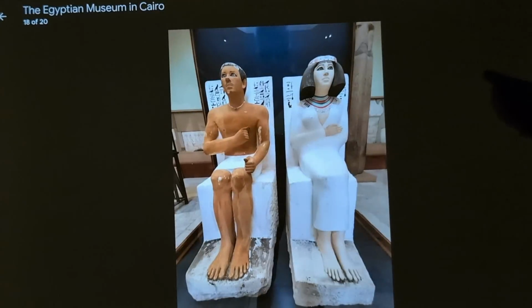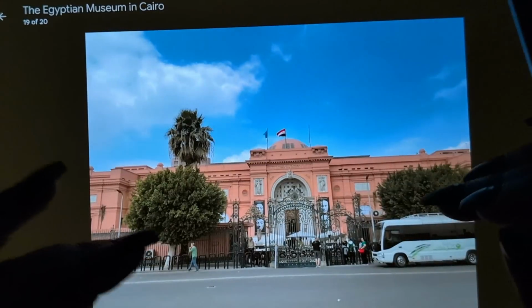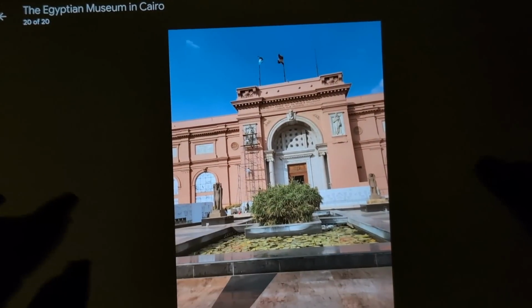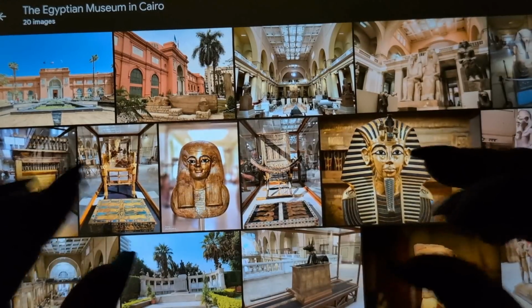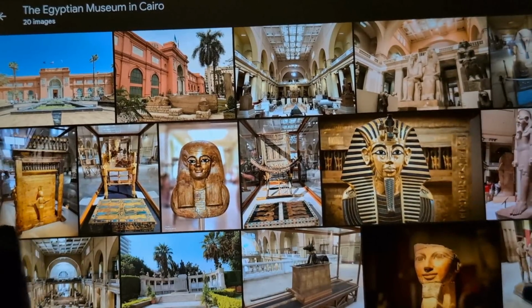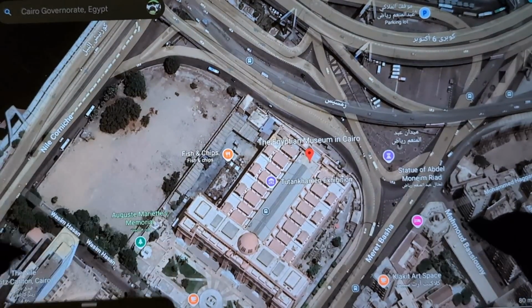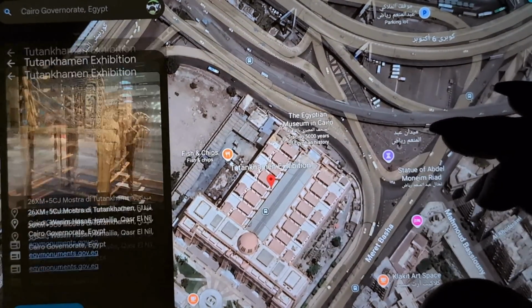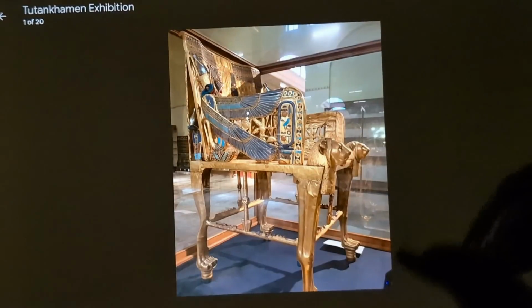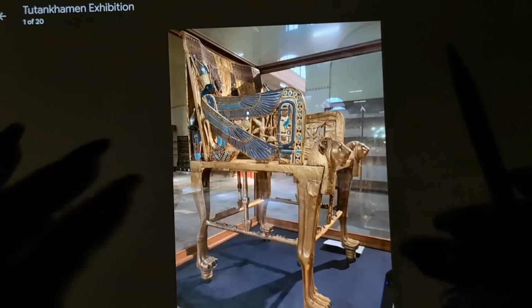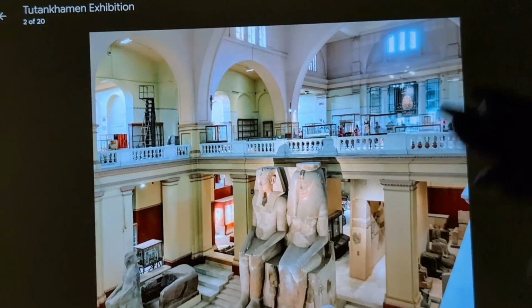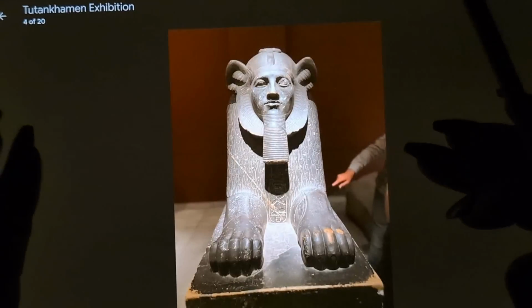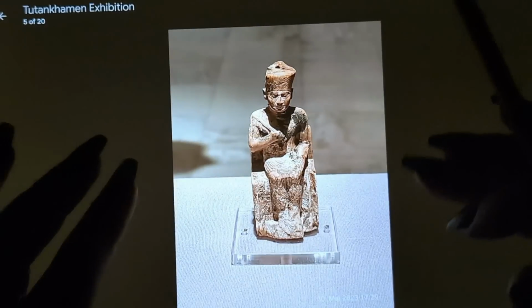So many cool things. Let me know in the comments if you as a kid went through an ancient Egypt phase. I went through one briefly, but that turned into an ancient Greek phase. My sister went through a huge ancient Egypt phase, though. I'm too excited. Let me know if you were an ancient Egypt kid or an ancient Greek kid, or what nerdy history facts were you into as a kid? I turned into a Titanic kid too.